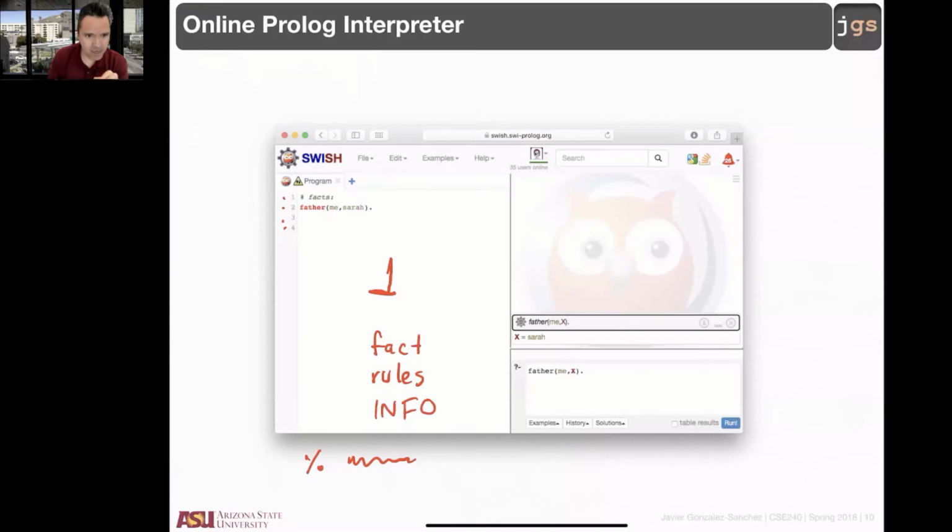Then here in the lower part of the second column, this is the place for doing the queries. This is the place in which you can ask something to the computer. Obviously, it's a database. Step number one, provide information. Step number two, ask questions related with that information. If you ask a query, but you do not provide information, well, the database is empty. All the answers are going to be, I do not know, I do not know. I am going to show you what is the equivalent to I do not know,